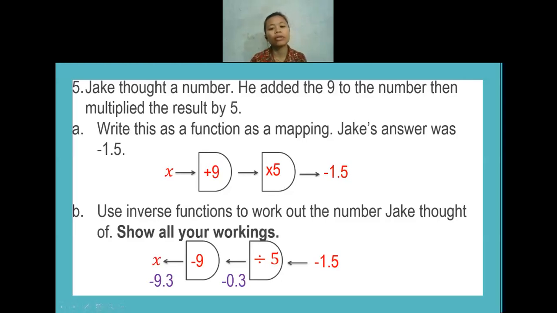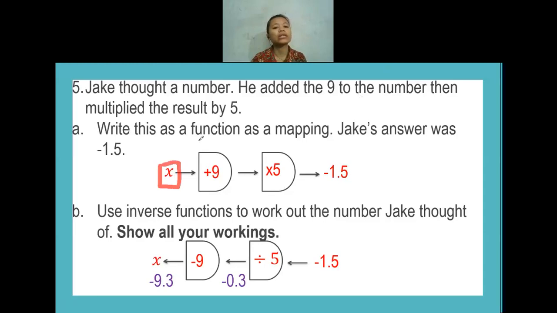So the mystery number, we keep it as letter X. You don't have to keep it as letter X. If you want to use letter M, letter A, letter J, any letter, it's okay as long as it is a letter. Because if we put a letter in here, it means the number is still mysterious. We still don't know how much it is.